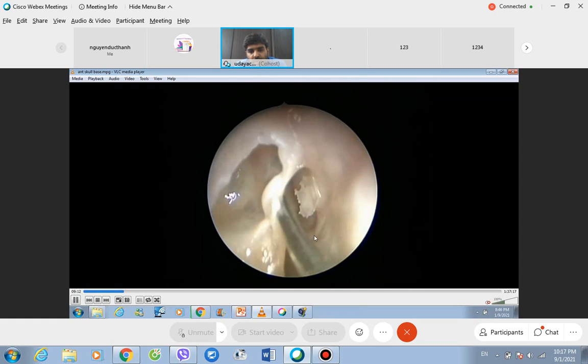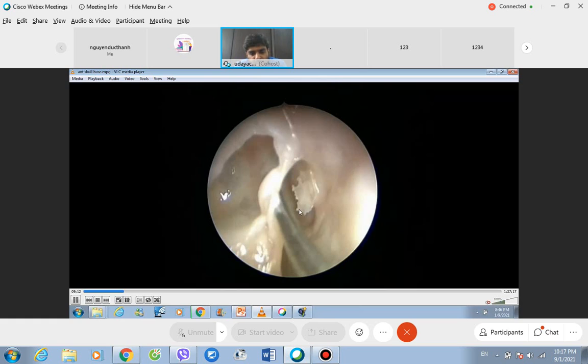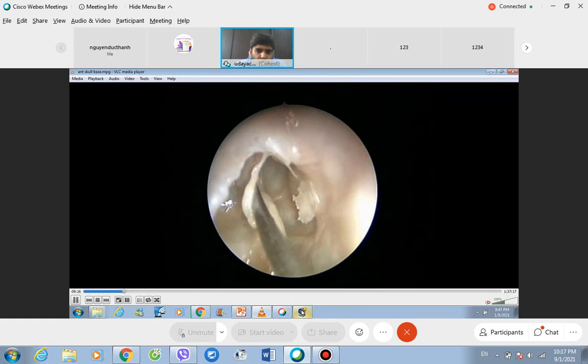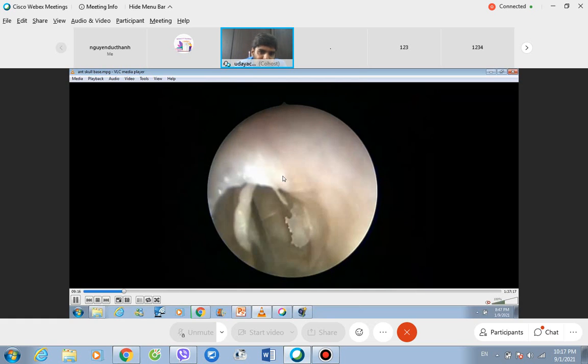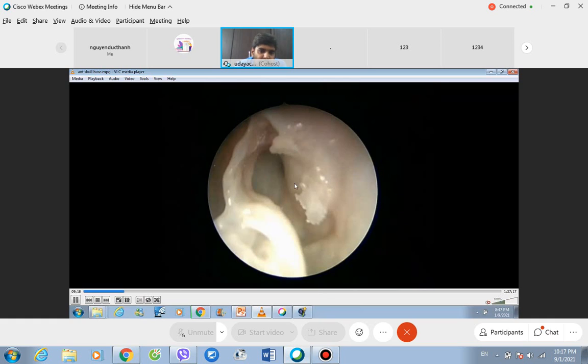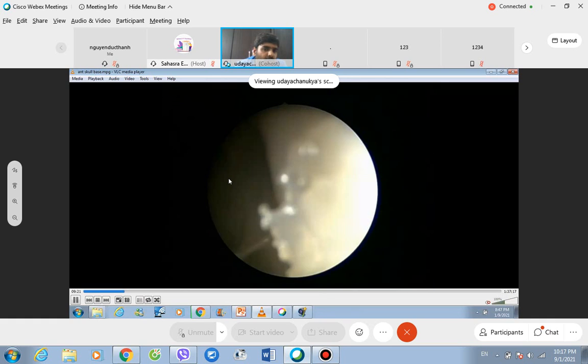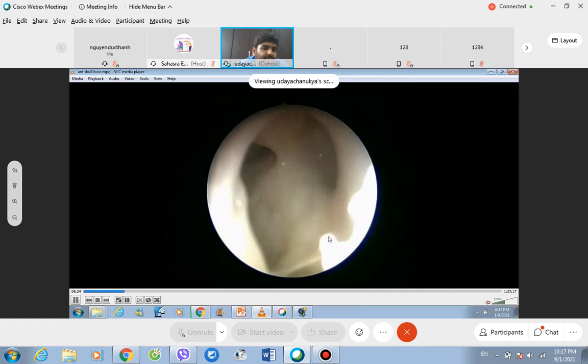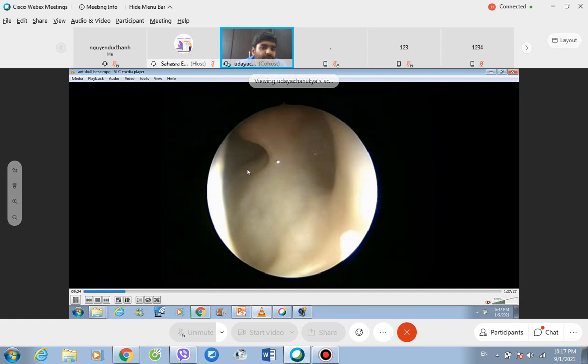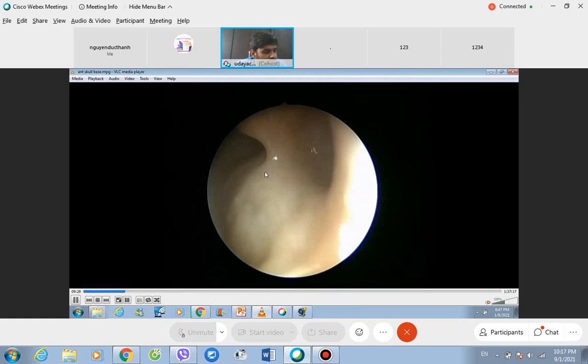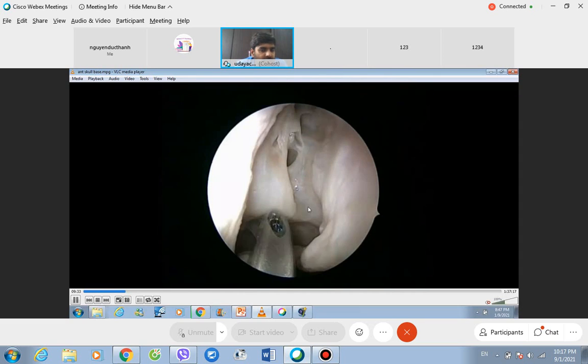Okay, so the drainage is posterior, so the ball probe is kept posterior to the agger nasi, and this is the uncapping of the egg, and that's how we have seen the frontal sinus. This is the frontal recess, and that is the frontal sinus posterior table, which can be seen in this video. This is the 70-degree telescope which has been used. And proceeding to the